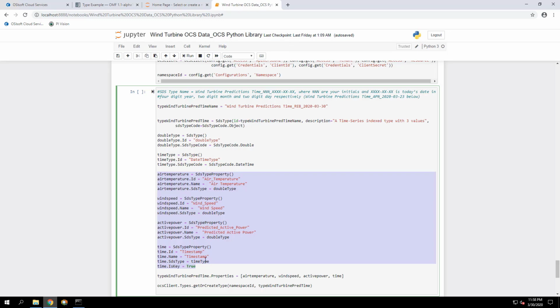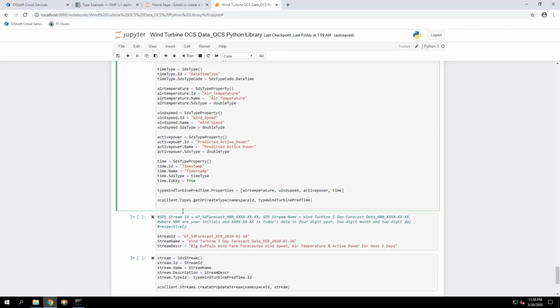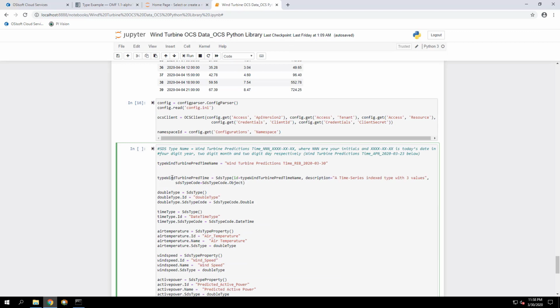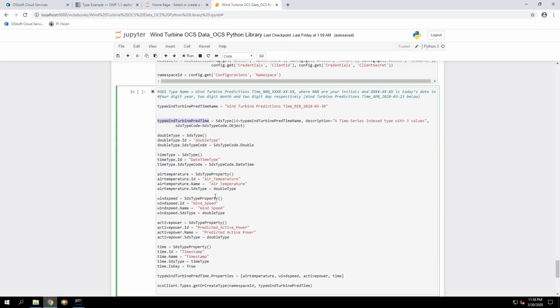And we make sure time is the key. So that's why here we're specifying the time is a key. And then we add those properties to the type we've created at the top, which is here. So after having all these properties ready, we add them here.